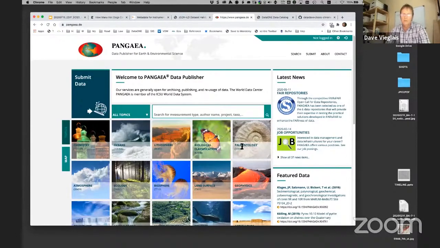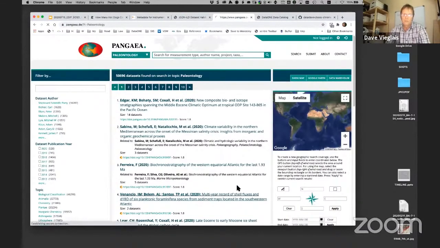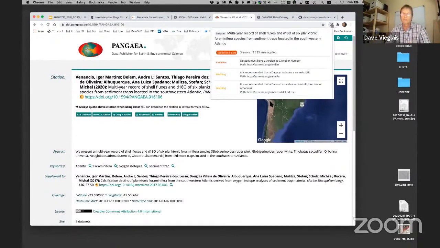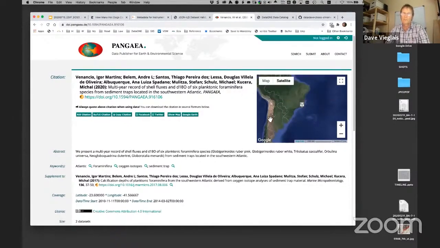So if you just go to a random page, here, maybe in Pangaea, you can see that when it finds something, there's a couple of numbers that show up. The first number is the number of JSON-LD blocks in the page. The second number is the number of data sets on the page. Again, you can click on that, data gets sent across and validated. Here you can see there's a couple of properties missing from the Pangaea content.